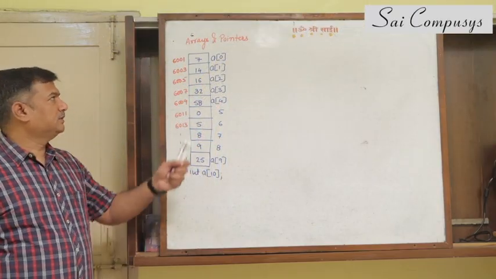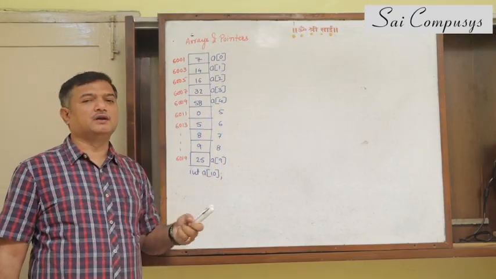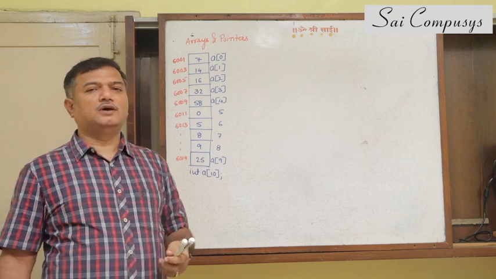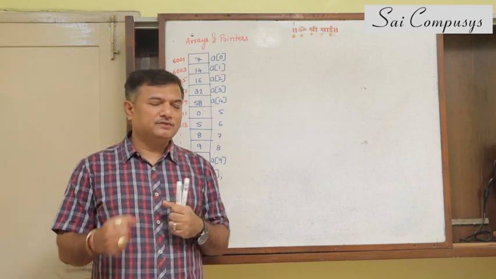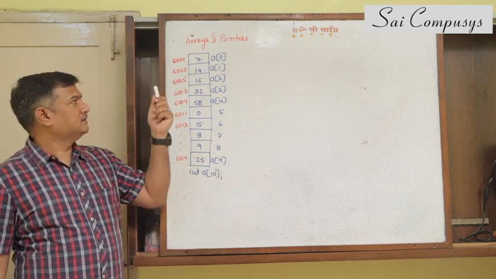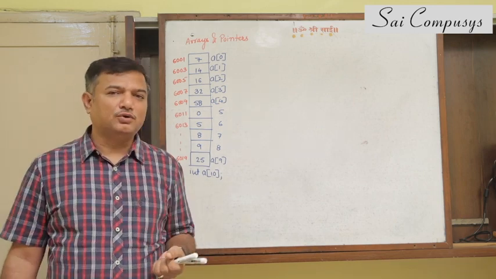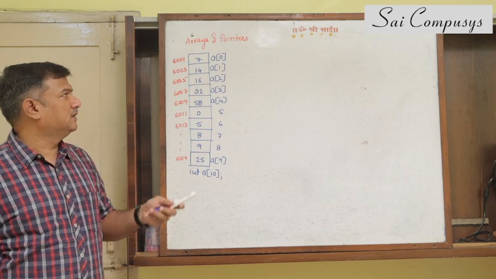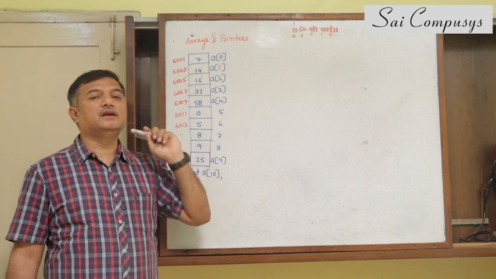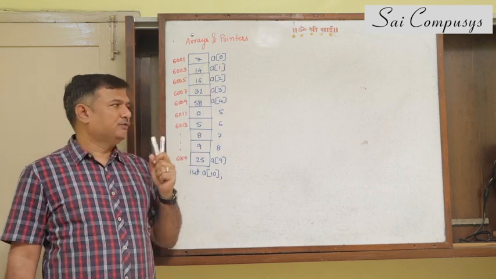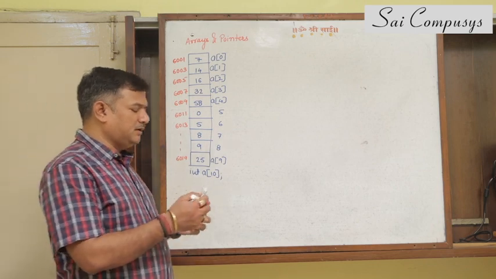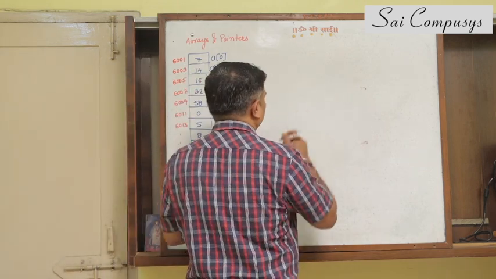So today we'll start with this topic of arrays and pointers. Now arrays and pointers go hand in hand with each other. Arrays are dependent upon pointers, and pointers help the concept of arrays a lot internally. So we need to understand how arrays and pointers are related to each other. For that, briefly I'll again tell you about pointers.